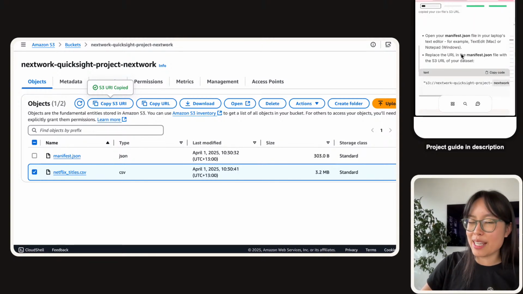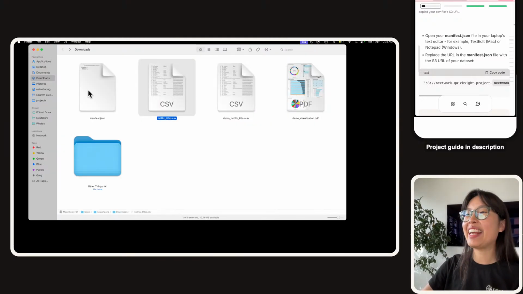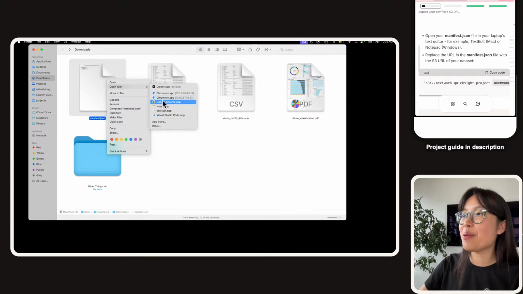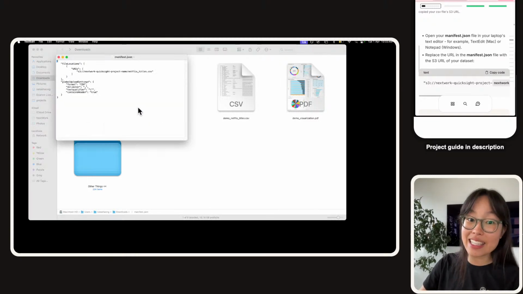Now, what are we gonna do with this S3 URI? It looks a little sus. What we're here to do is actually put that link into your manifest.json file. So find your manifest.json file in your Downloads folder, and let's open it up. I'm gonna use TextEdit on my MacBook,